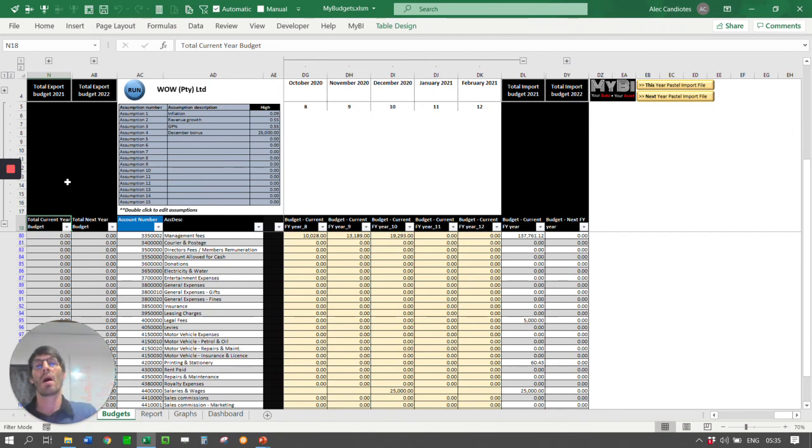Because remember, we want the cycle environment. What I want to try and do is create a budget, import it into Pastel, and always compare my budget to my actual, but I also want the ability to update my budget, to make a secondary forecast. And there's tons of ways to also make sure that you don't lose your original budget, by the way. But yeah, so what I wanted to really work on today was to help you guys see how you can